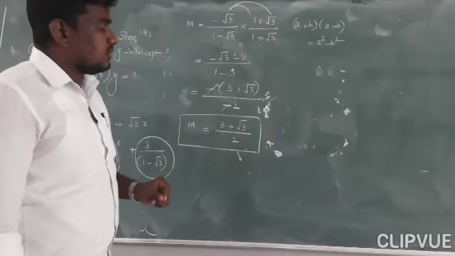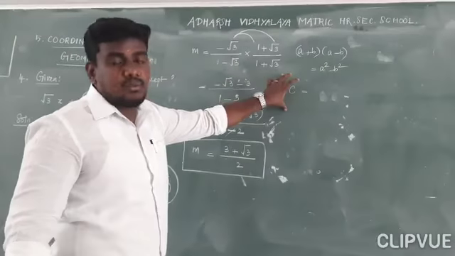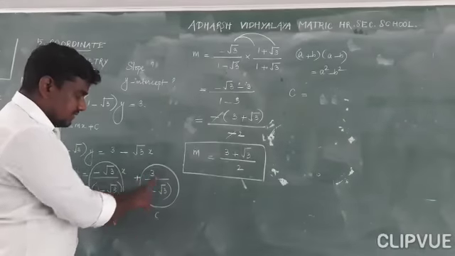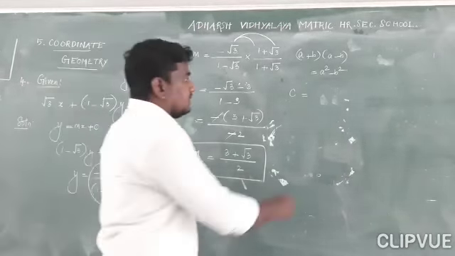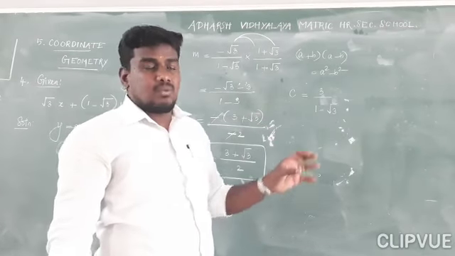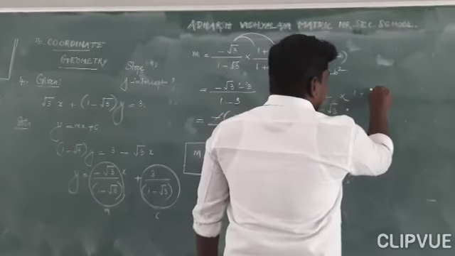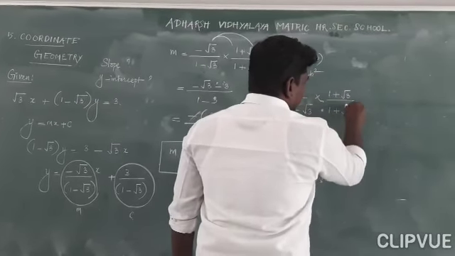They are asking to find the y-intercept. Y-intercept c. You know that c represents the y-intercept. This constant term refers to the y-intercept, 3 by 1 minus root 3. Okay, so c is equal to 3 by 1 minus root 3. Here also the denominator contains an irrational number, so to avoid the irrational number, we are going to do the conjugate method. You know that change the sign, multiply and divide. 1 minus root 3 is there, so if you change the sign, it becomes 1 plus root 3.